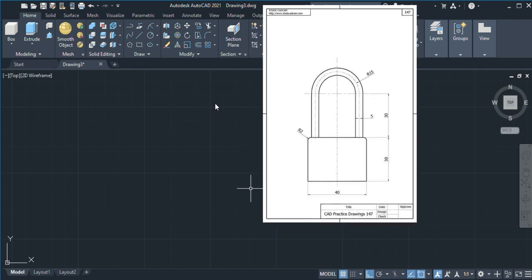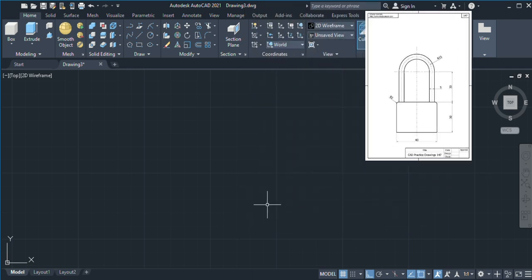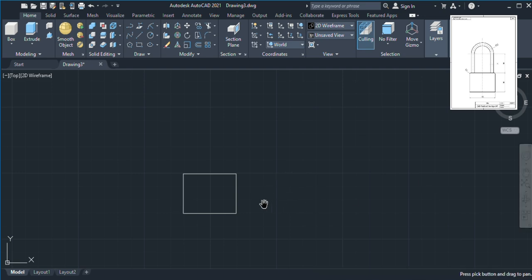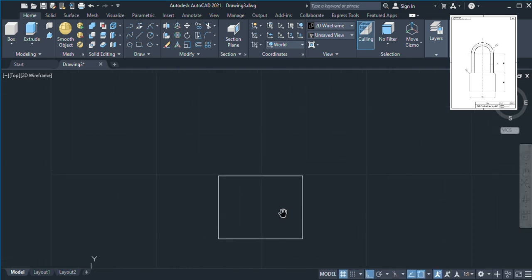okay, next we're going to proceed with the second drawing, which is a key lock. We start to draw a square, not a square but a rectangle with a bottom distance of 40 and then upward 30. Okay, and then proceed again with 40 and then go downward 30. After you done this, zoom in